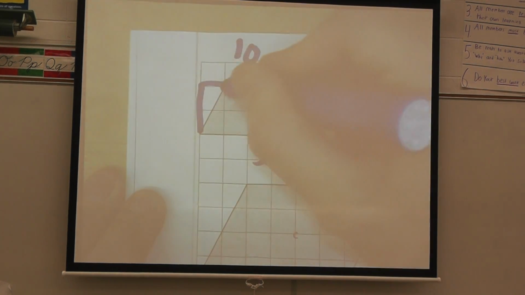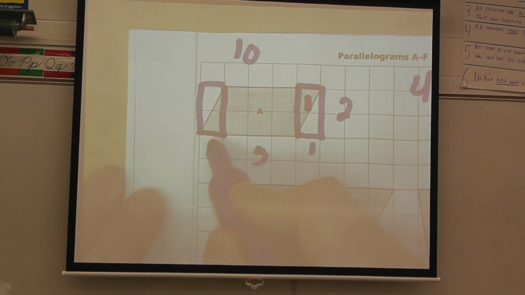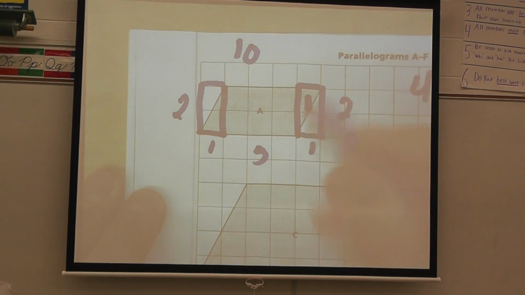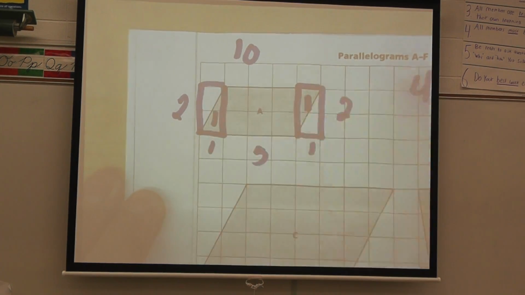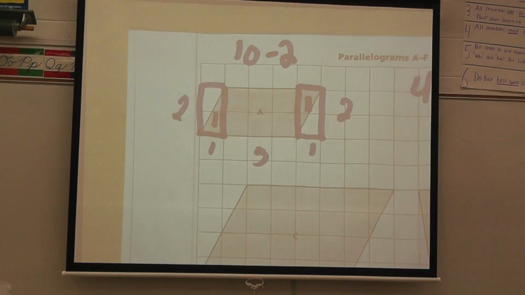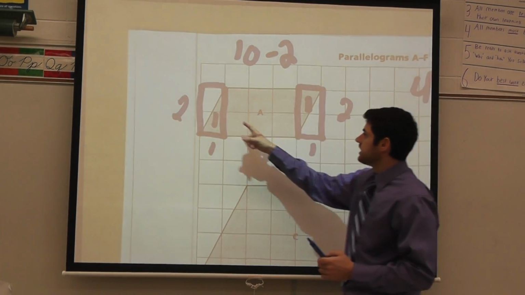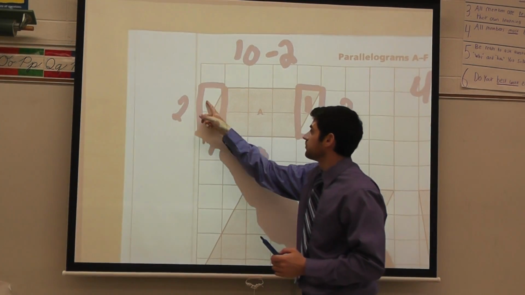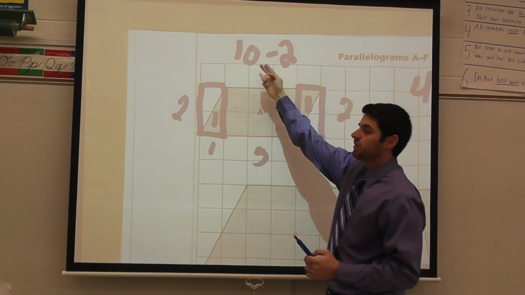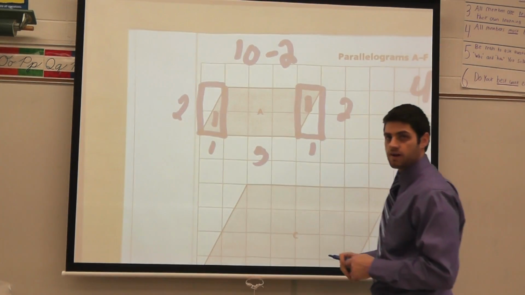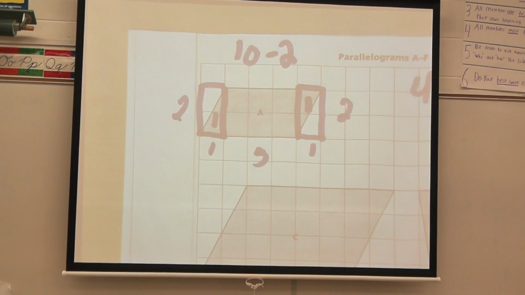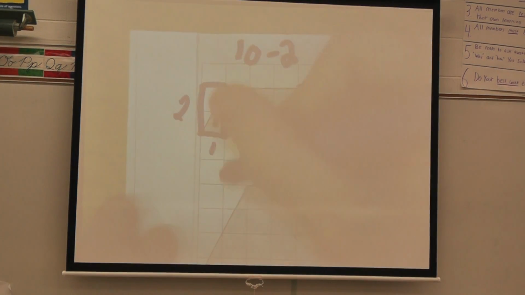I'm going to do the same thing on this side here. Base of 1 and a height of 2. 2 times 1 is 2 divided by 2 becomes 1. So now I'm going to subtract 2. Why am I subtracting 2 here? Because the area of this is 1, and this is 1, so I have to subtract it because it's not part of the entire parallelogram. So I have to take that off of my total. So 10 minus 2 would leave me with 8